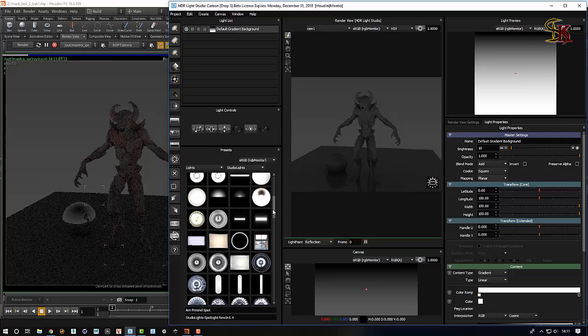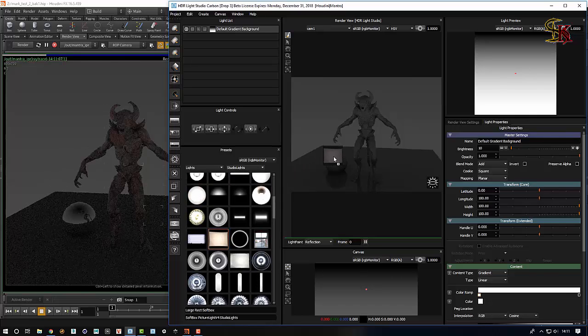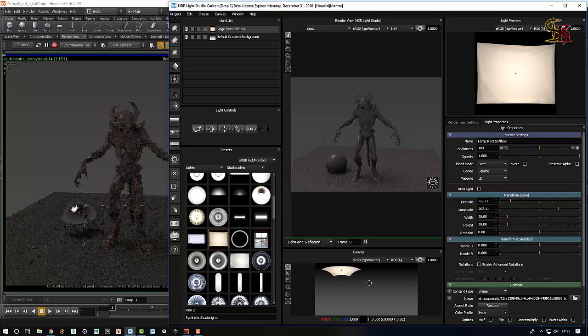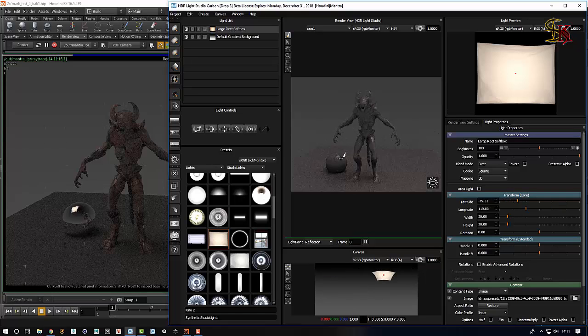Okay, so now we can simply drag and drop a light onto the model in HDR Light Studio, and it will update right away in Houdini. So at the moment, all the lighting is coming from this HDRI map, which is at low resolution. It's a proxy of what the final map will be, but it's very quick to calculate. So as we drag around on here, it updates instantly in HDR Light Studio, and as we let go, it will then share that proxy map with